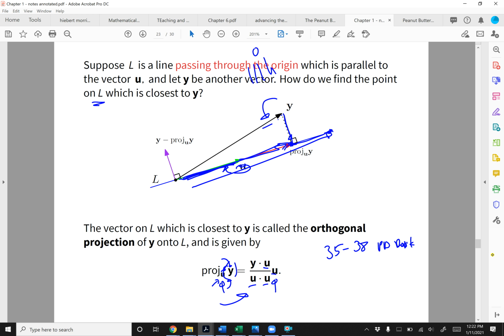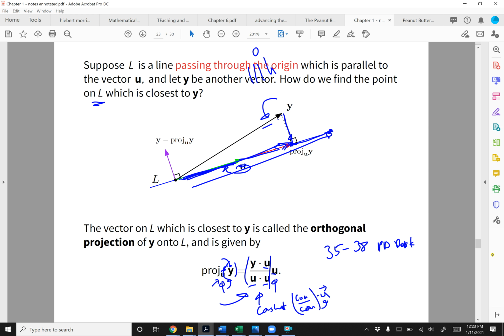So a projection is a scaled version of the vector you're projecting onto, and this is just a number. This is a constant, because each of the dot products is a constant. You have a constant divided by a constant, which is a constant. So you get that times a vector,